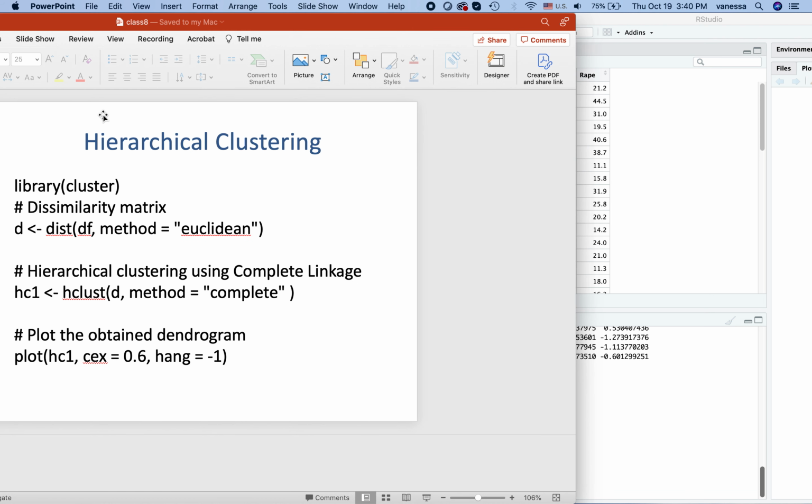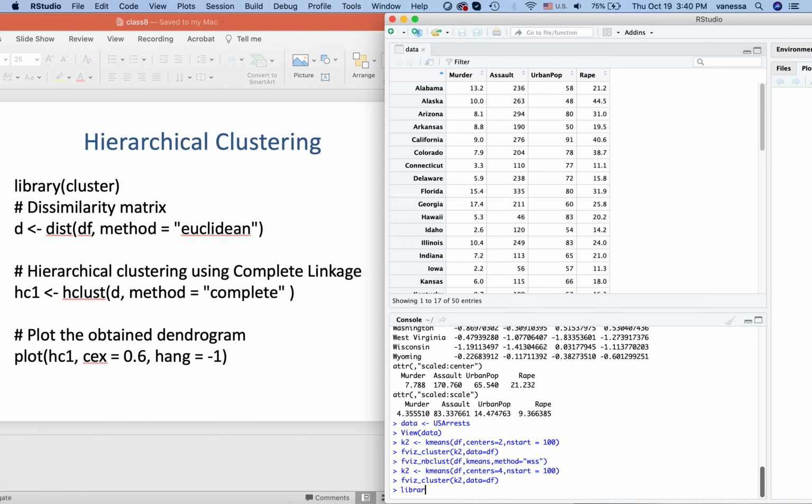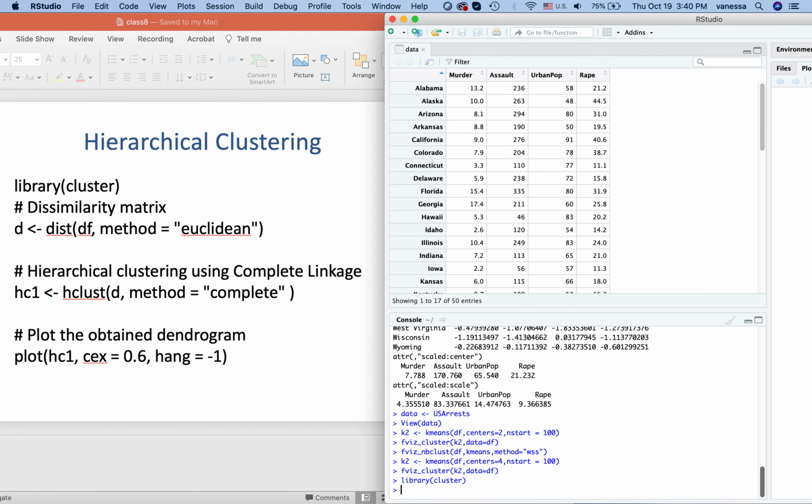Okay, so this is for k-means. Now we're going to be using exactly the same data set, but running hierarchical clustering. For that, we need to load the library cluster. Remember to install the packages if you have not installed them. And again, as we explained in the theory, the way hierarchical clustering works is that we start with every single